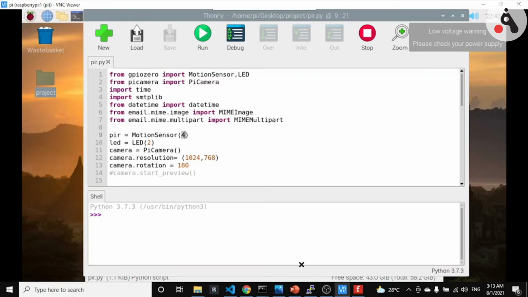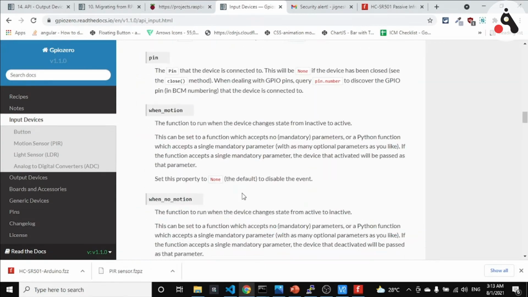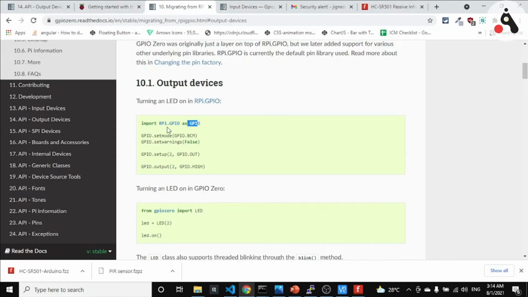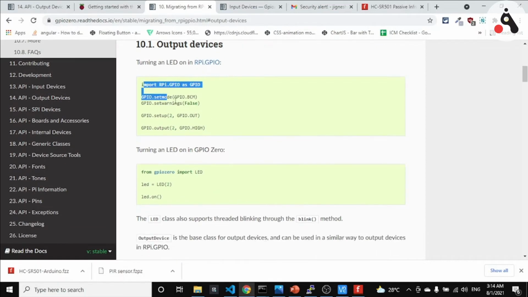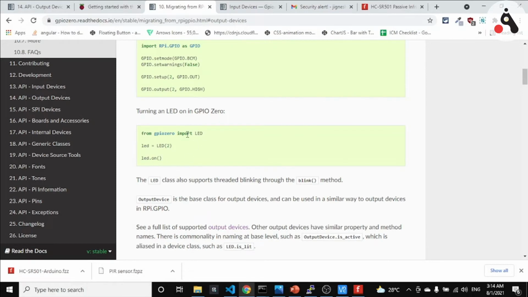For GPIO Zero I want to give you a small reference. This library is a popular library, and it's much better to use this library, so we are not using the traditional GPIO library. You can see here there are like 5 lines of code, and they are replaced by this simple thing. All the things are defined in classes, like the LED class, which supports blinking of the LED or any action of the LED.